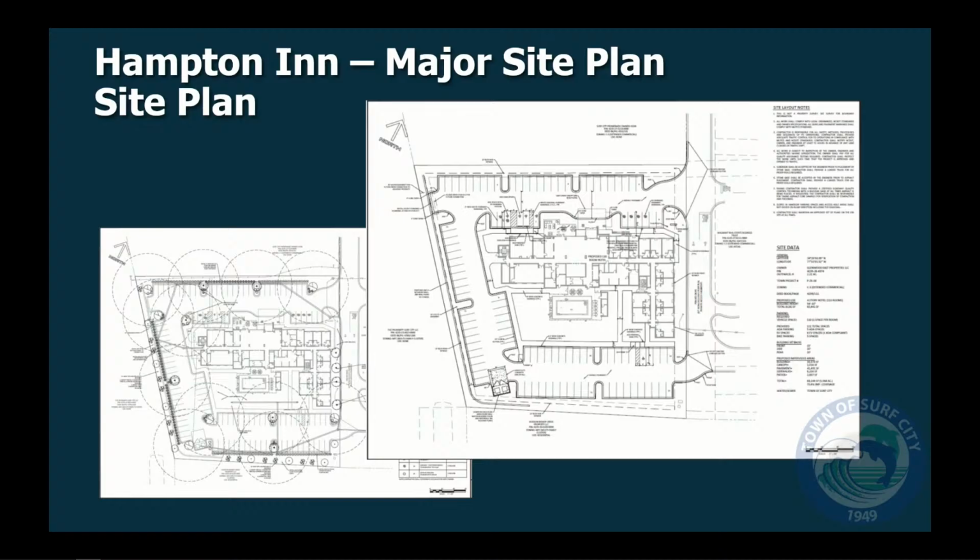Normally with a site plan, if it's in front of the board, it has made it through TRC and is up to you as a recommendation of approval. It has been my stance, if it's in front of you, obviously staff is recommending approval. That's why it's in front of you. So with that said, the applicants, Glenwood East Properties, represented by Surf City Hotel Group, John and Jack Sandlin, along with staff, will be happy to answer any questions that the board has in making this recommendation to the town council.